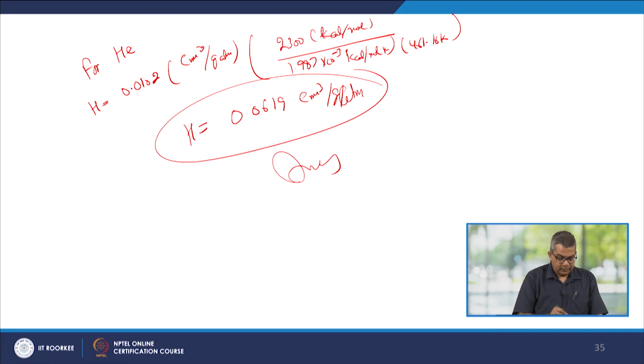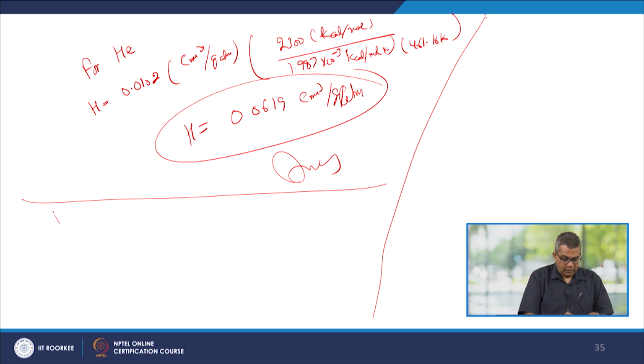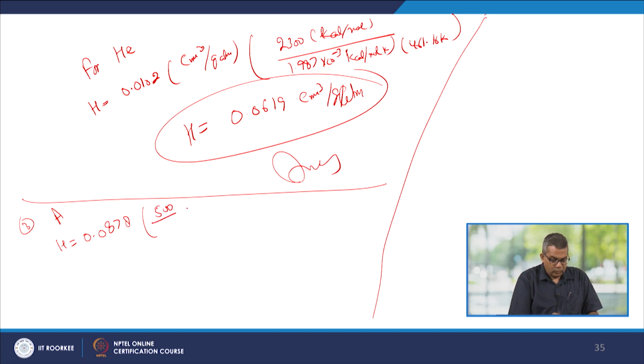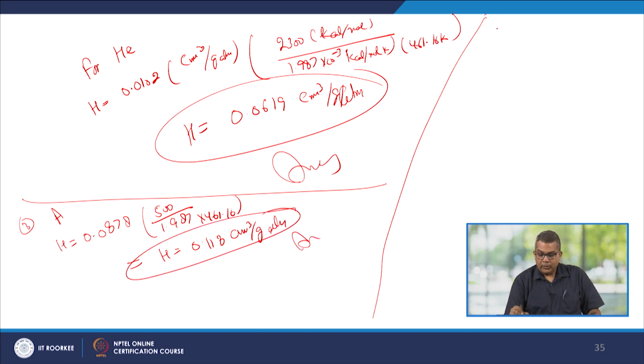Now if we take argon, then H is equal to 0.0878 into exponential of 500 over 1.987 into 461.16. All other things are in their usual units. So H comes out to be 0.118 centimeter cube per gram atom. This is our answer. Now if we talk about the carbon dioxide,